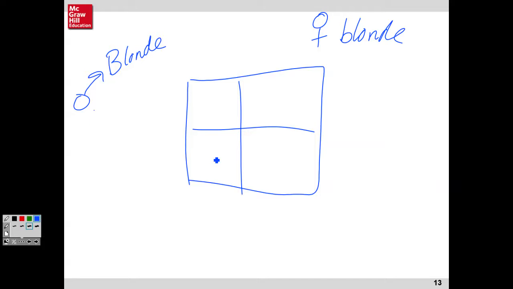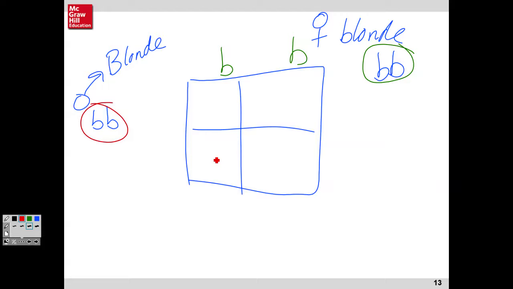Dad will have a homozygous recessive genotype. Mom also has a homozygous recessive genotype. When mom is contributing her alleles, she can either contribute a recessive allele or a recessive allele. When dad is contributing his alleles, it can be a recessive allele or a recessive allele. These are pretty boring Punnett squares. So when you fill them in,